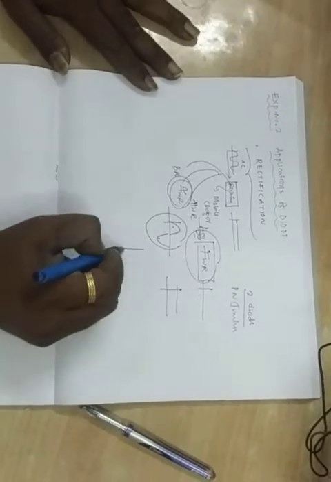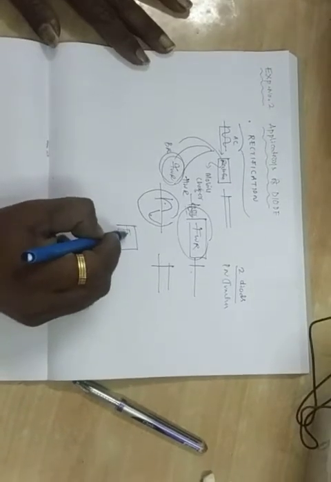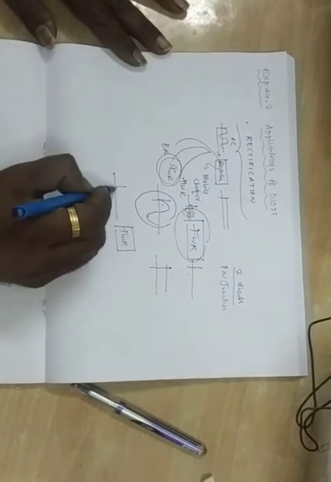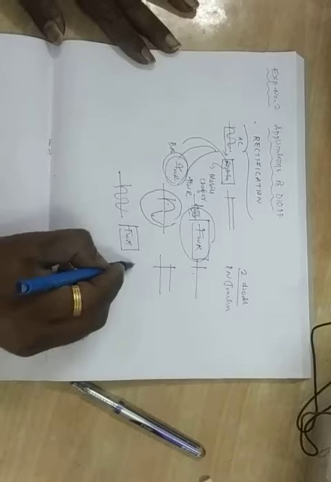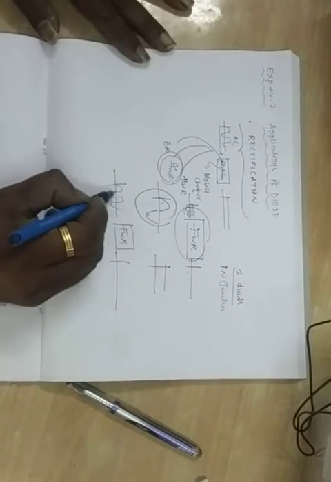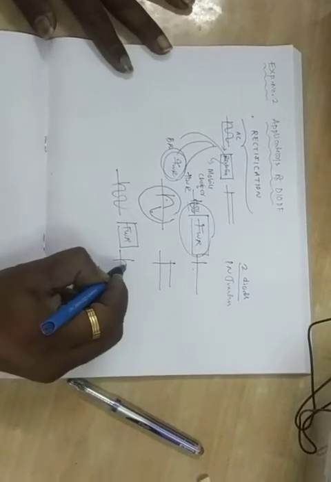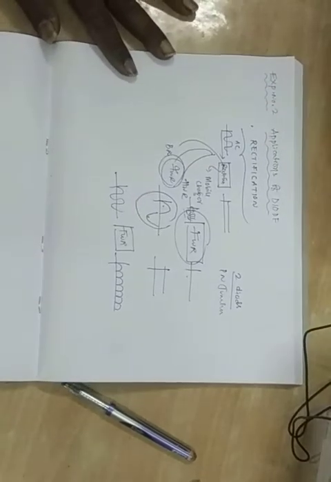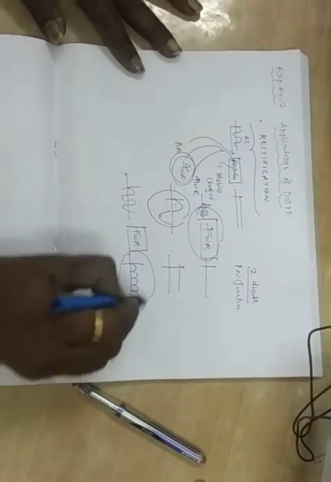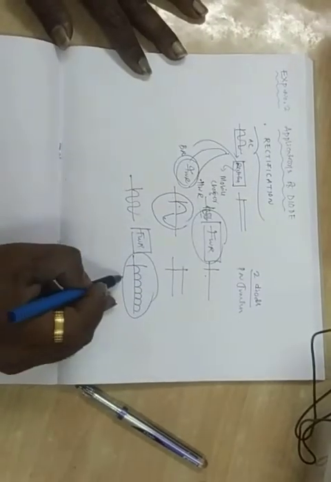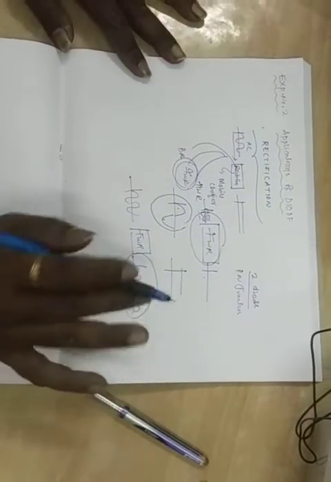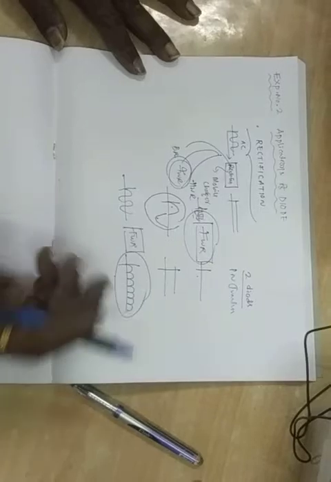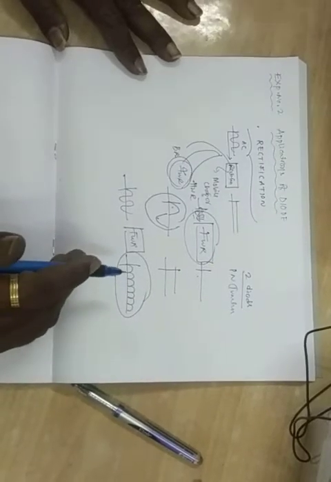If it is a full wave rectifier, the input is AC I am giving, and the full wave rectifier output will be the complete full wave coming in one direction only. Constant. This is called pulsating DC, not pure DC. Pulsating DC is one in which we can have some AC content also. We can remove that by employing filters.